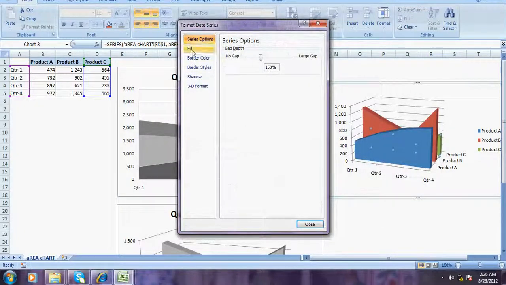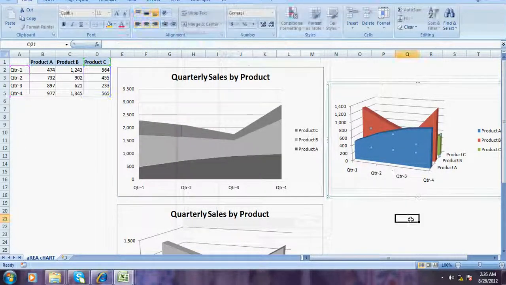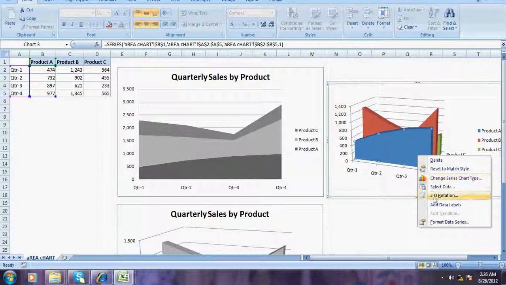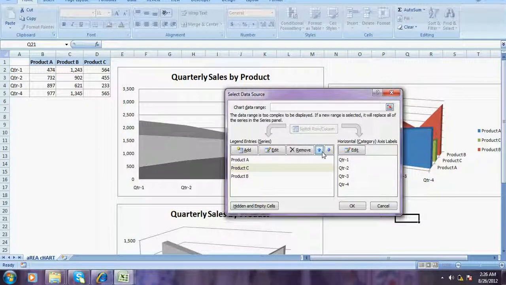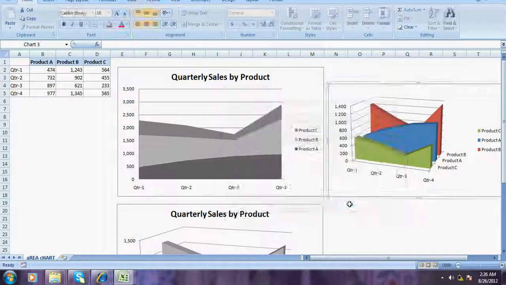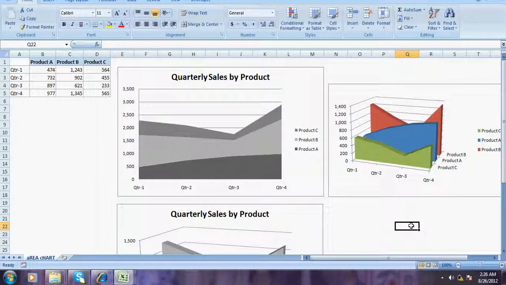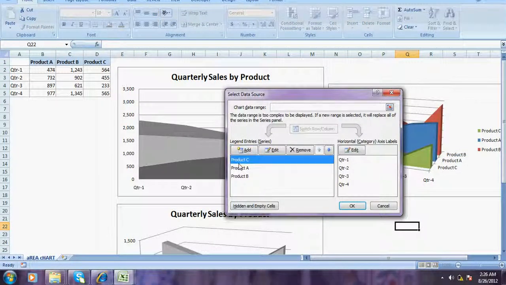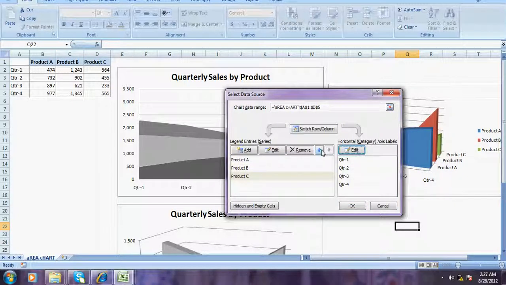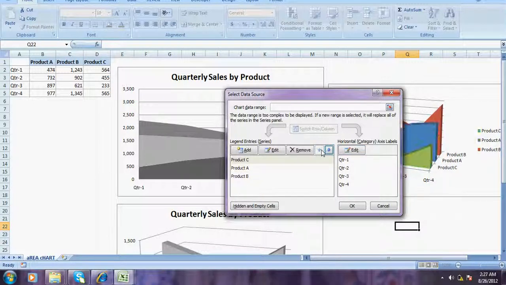Format Data Series, nothing is there. We'll just try to bring it up so that you can at least see it. So this is the way you can many times change the orientation of your chart. I'll just show you again what we did. We went to Select Data, and then we just realigned the position of C. It was like this. We just clicked on this and moved it up